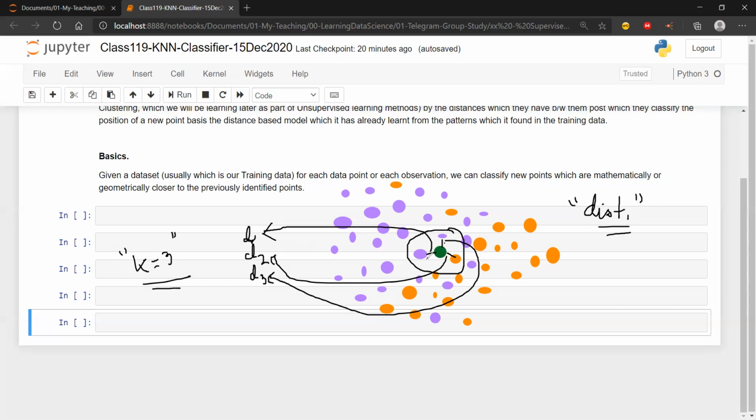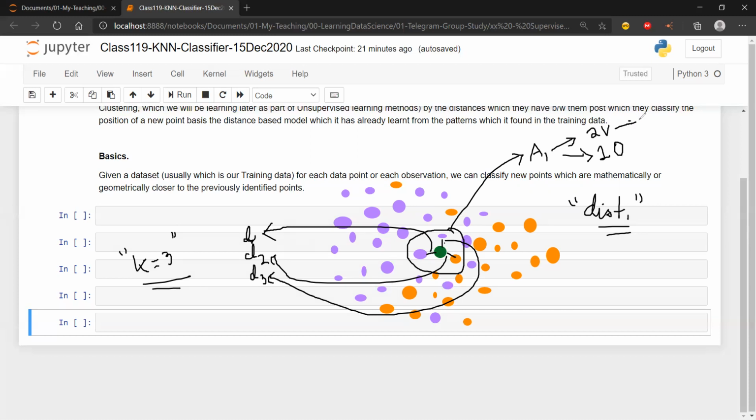And then I took a vote, to see what is the max vote. Let's say this area is given as A1. How many points do I have? I have 2 violet points and 1 orange point.